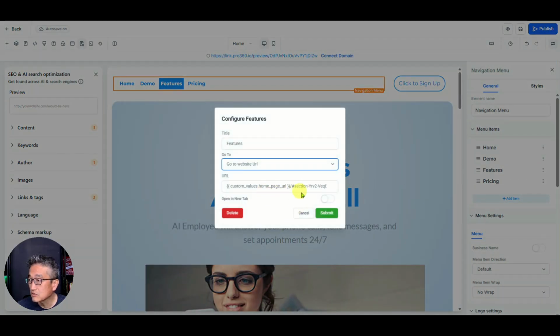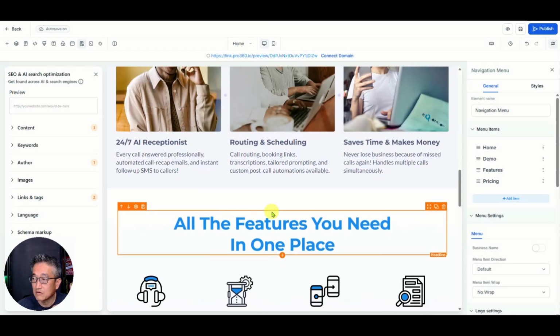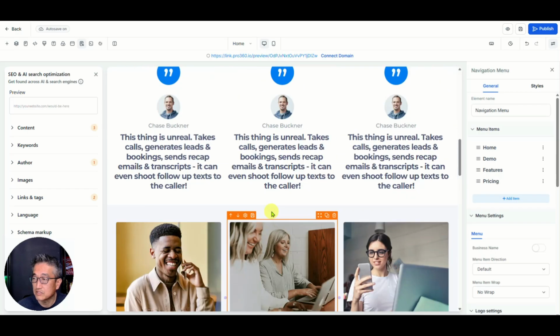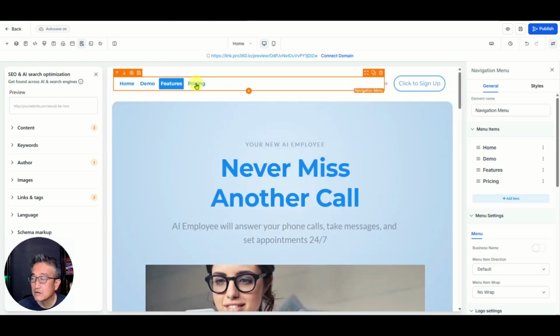So this goes down to this section. Now, it's not going to see right here until you've set the custom value, right? So I need to set up the custom value, and then it'll take them down to this feature page right here, right? Feature section. And then here, if you want a more detailed explanation of the specifics, like how to customize it,